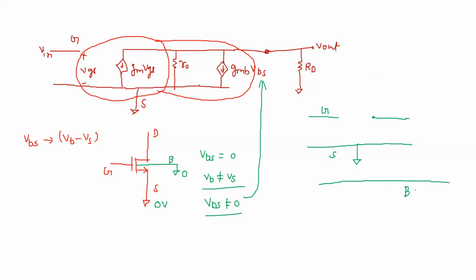So the body is at some negative potential, say minus 0.5, and this is your zero potential. This is your minus 0.5 potential. Now we can say this is gm VGS. This VGS is nothing but the potential between the gate and the source. But what is VBS? VBS is nothing but the potential between this